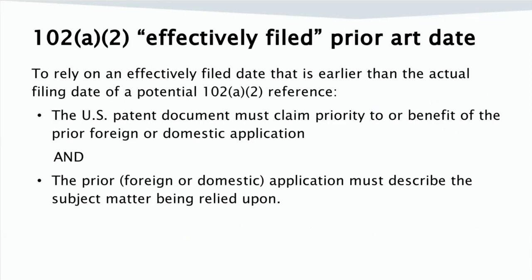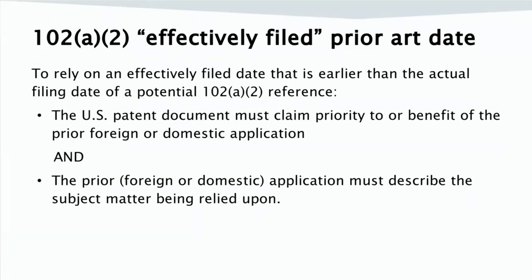For example, the 102(a)(2) prior art date of a U.S. patent is the actual filing date of the application that issued as the patent if the application that issued as the patent had no domestic benefit or foreign priority claim to an earlier application. If the application that issued as the U.S. patent did claim domestic benefit of one or more earlier filed U.S. applications,